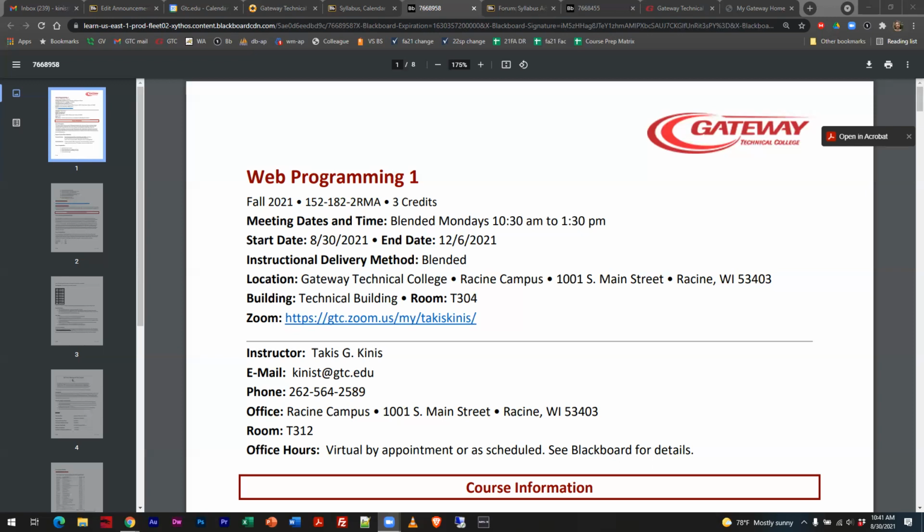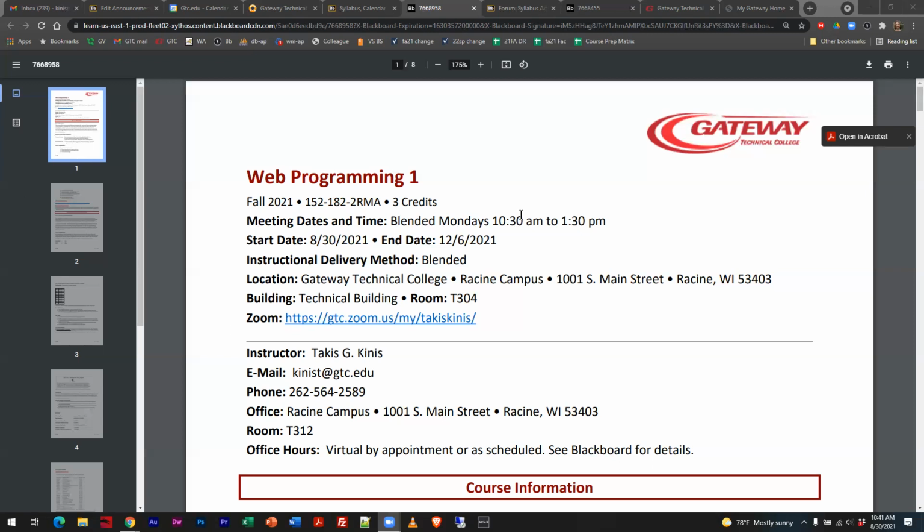We will be meeting in this room throughout the semester. My Zoom link is listed here. It's also in the course shell right at the top of the home page. If you do need to get a hold of me, my email address is there, and as I mentioned in the previous course, email is my preferred method of communication for a lot of different reasons. If you need to reach me by phone, the phone number is listed, as is my office room number, which is right down the hall, and you take that left to go to the front, and the door on the right there is my office.